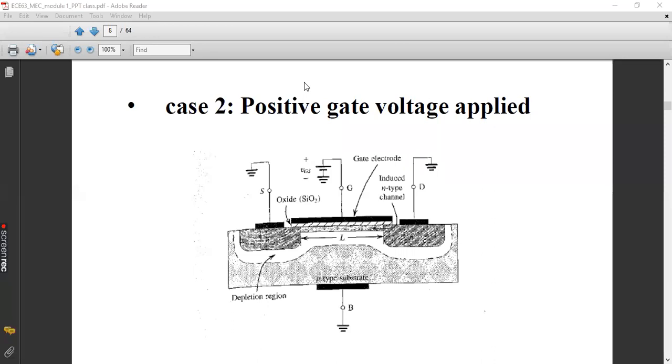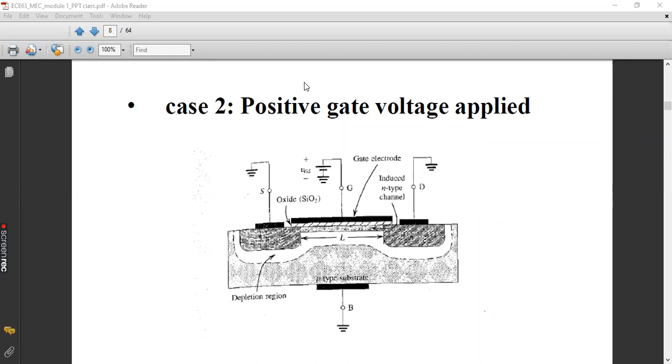Got the idea of threshold voltage? So whenever VGS is greater than or equal to the threshold voltage, the channel will get induced, and then current will start flowing through the channel, provided the drain to source voltage is given. But as of now, with regard to this case 2, only the channel has been induced, but current has not started to flow.